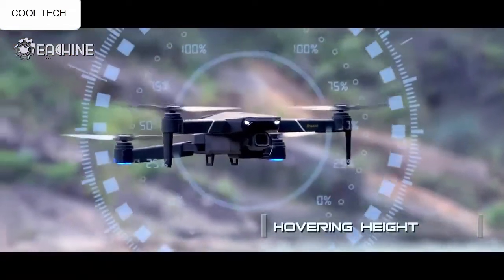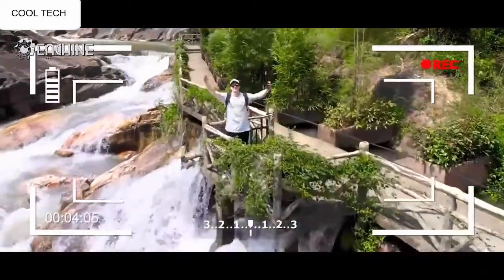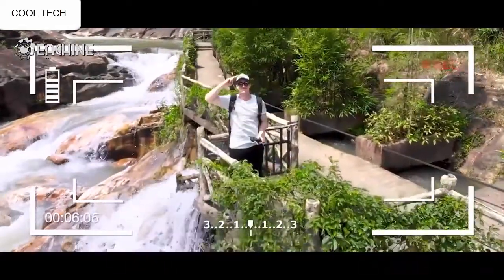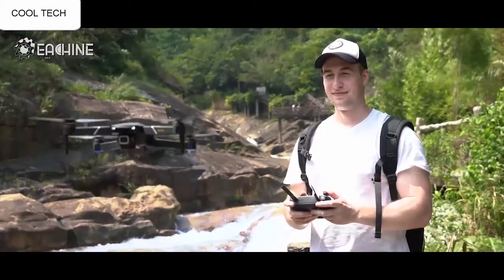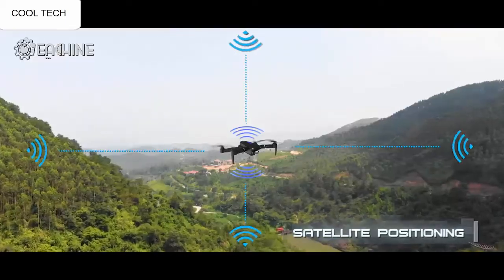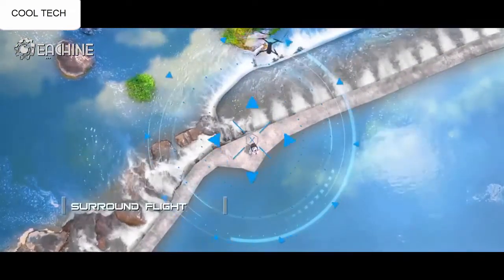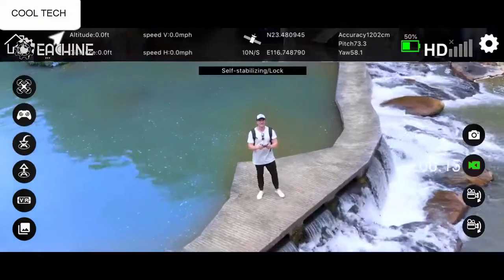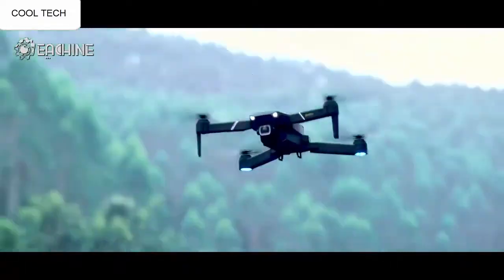What matters is not the end of the journey, but the scenery along the way. E520S UAV makes your journey marvelous. Different heights, different kinds of beauty. The right choice gives you the most beautiful scenery and makes you